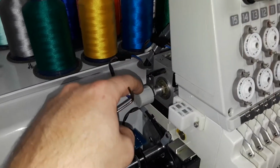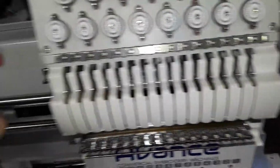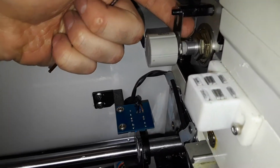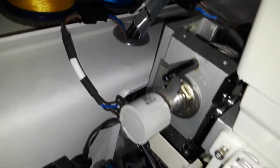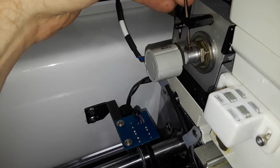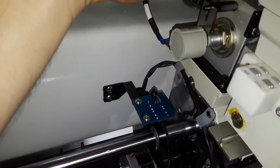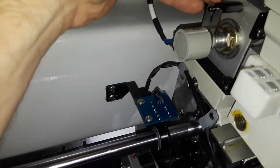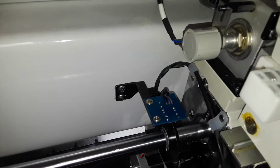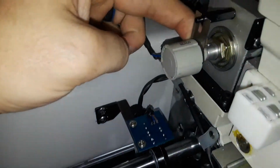To change the potentiometer, it's best to do it on needle 14 or 15 so that the set screw is pointing up on this. So we're going to first loosen this screw up. And I think it's the 2mm one. Now, it may be best to actually just remove it because it doesn't go very far into that hole before it snugs down on the shaft. And then you want to pull it off